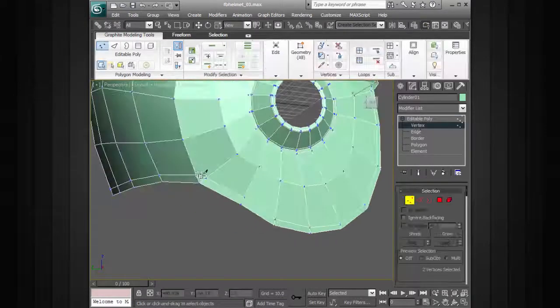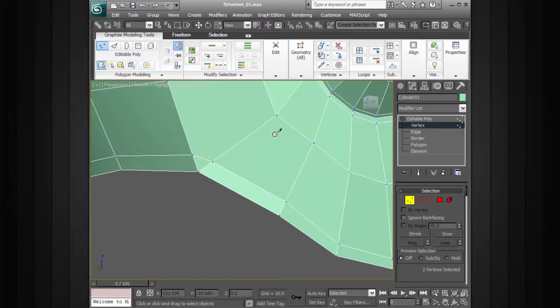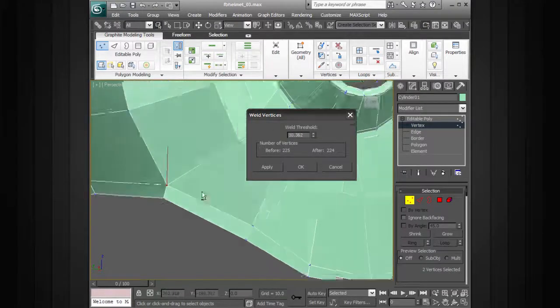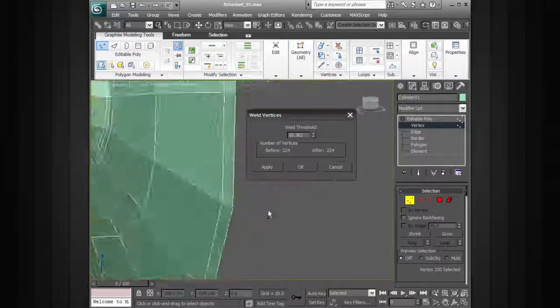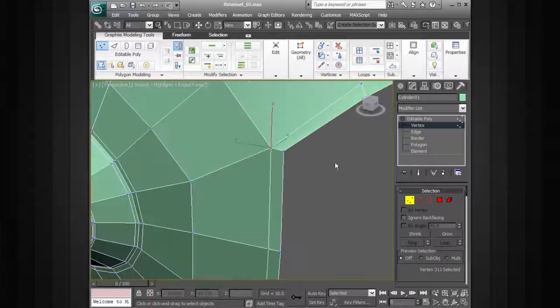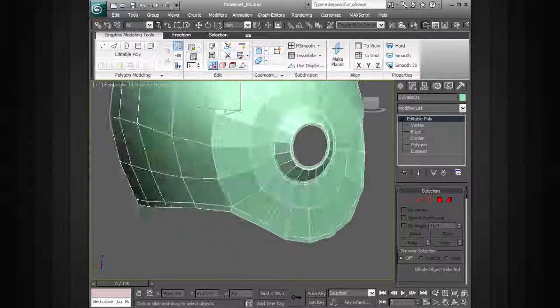Now I'm going to go ahead and take some of these vertices. Okay. And let me go ahead and exit that. I'm going to grab these vertices and I want to go ahead and weld these together. We can go into our weld settings, dial that up and apply it. Make sure that we have both of these selected with a high enough threshold there. There we go. Go ahead and apply that. And then up here, we want to do the same thing. We'll say OK to that. So we've got those. So now what we've got is a new sort of strip of quads going along the